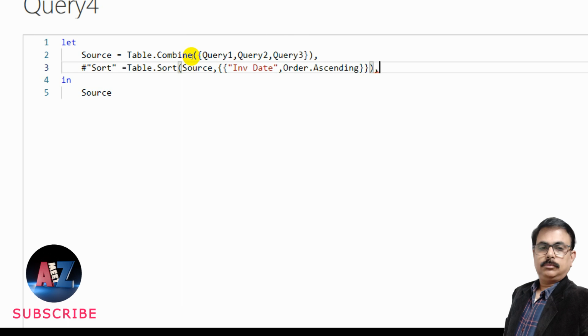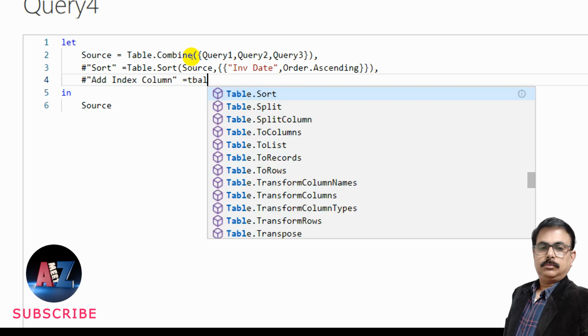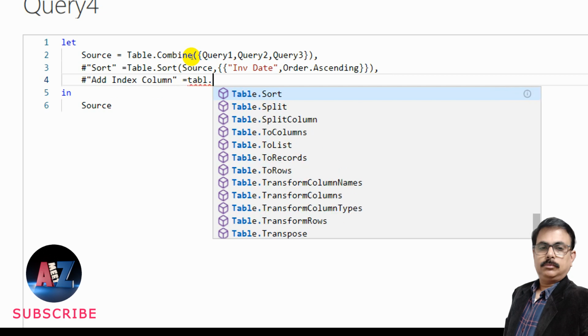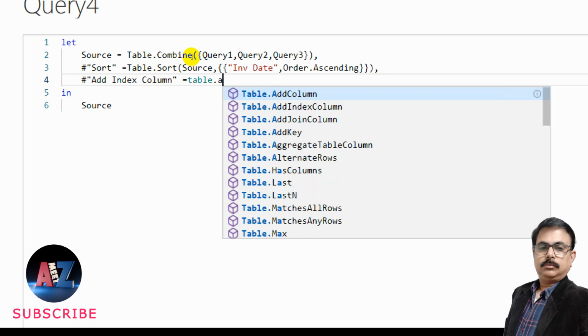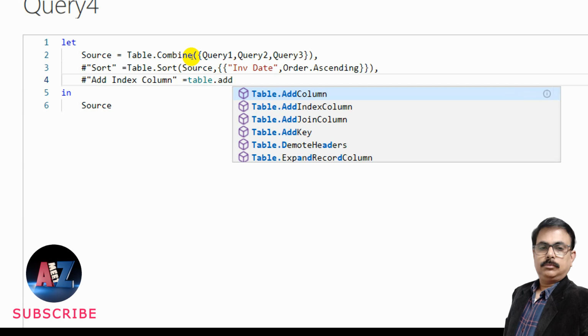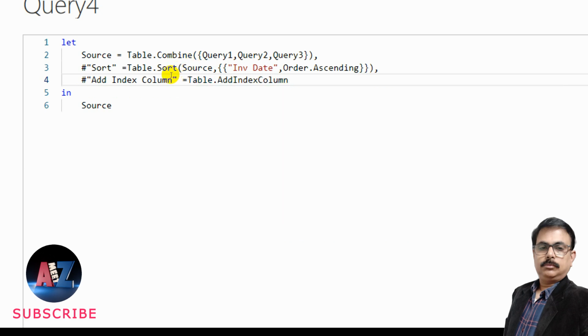After that, I need to give one more step, that is, within double quotes, "Add Index Column". You can type it in a free way. It is user-defined text, and you can write it in a free way. Equal Table.AddIndexColumn, open bracket.